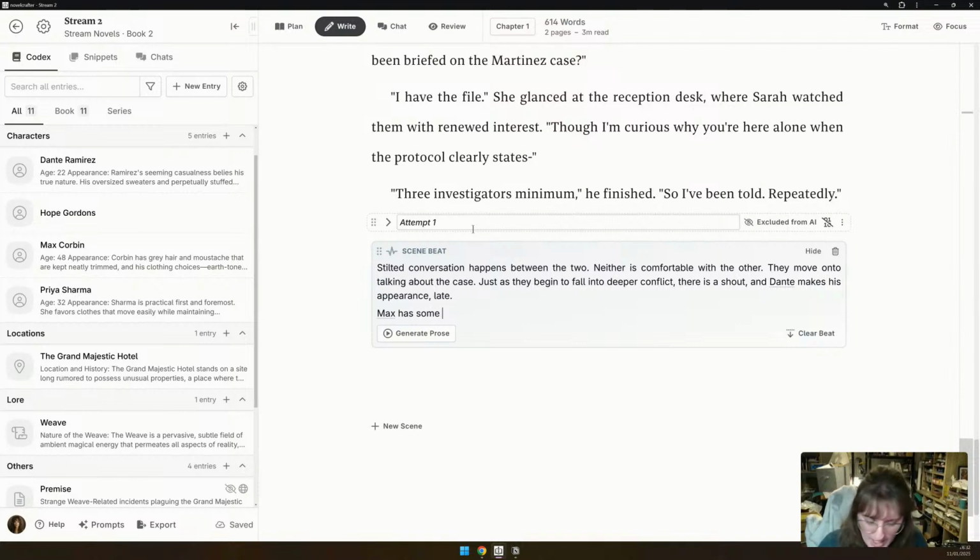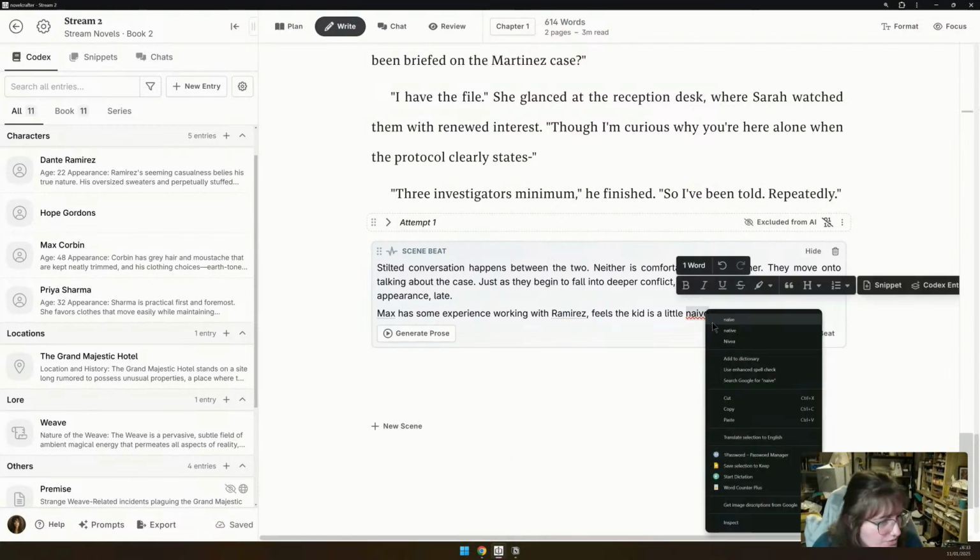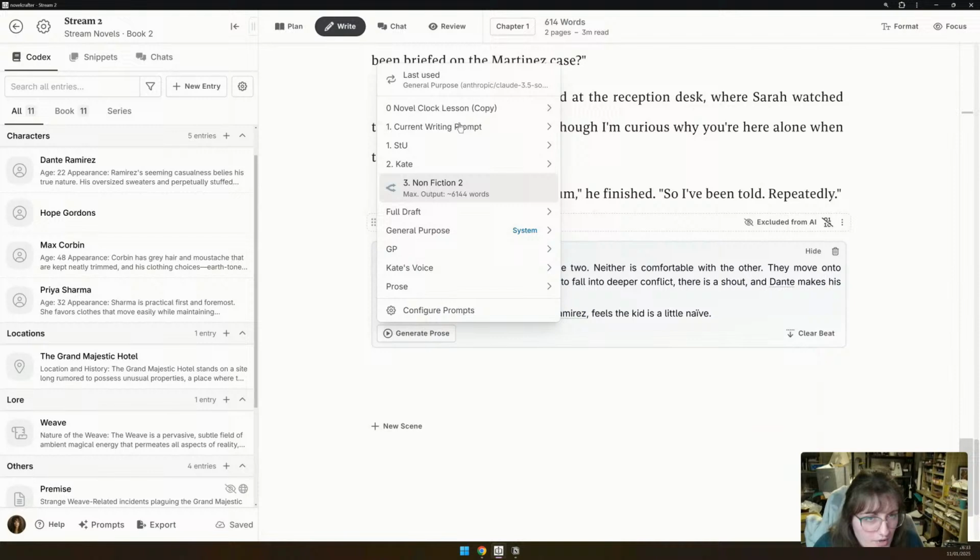He feels the kid is a little naive. That feels in character. We're just going through this. Generate prose, last used.